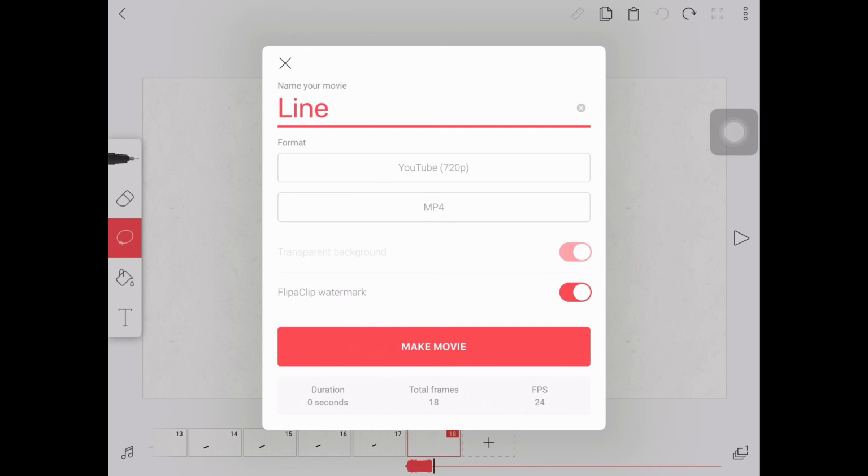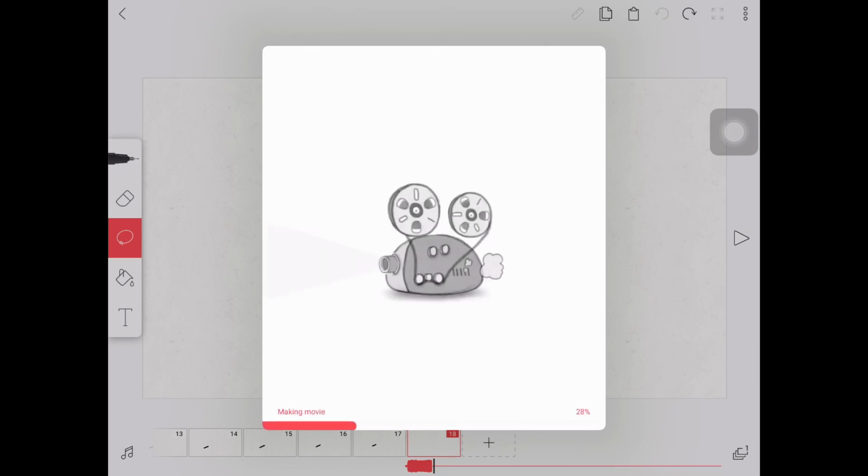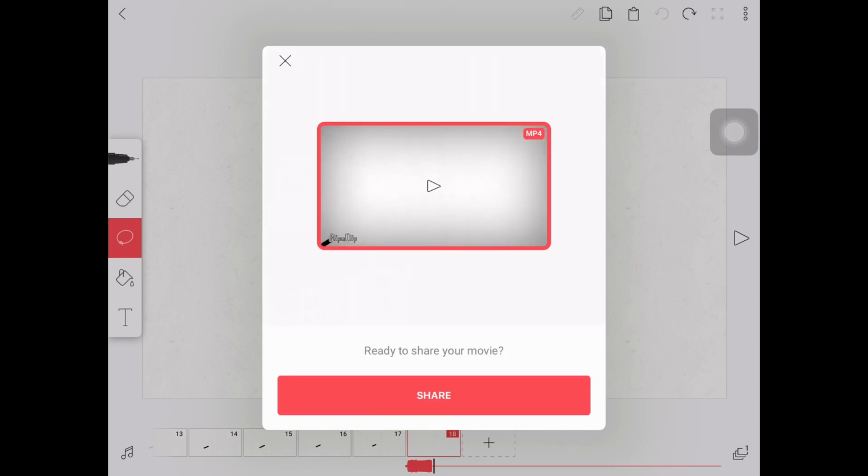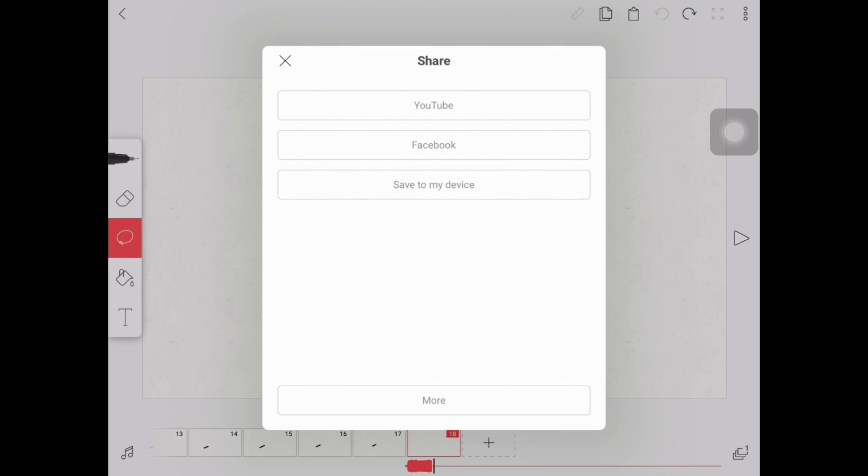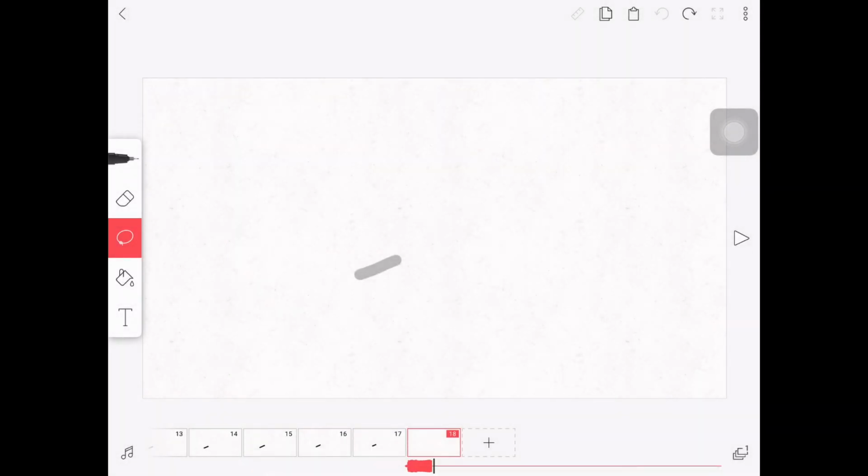So yeah, when you're all done, let's make a movie. There it is. Ready to share your movie, let's share it right now. You can share it on YouTube, Facebook, save to my device. For an example, I like to choose save to my device. Just press save to my device, and there we go. There it is. Yahoo! So that's how you animate for all you youngsters who are trying to make an animation,